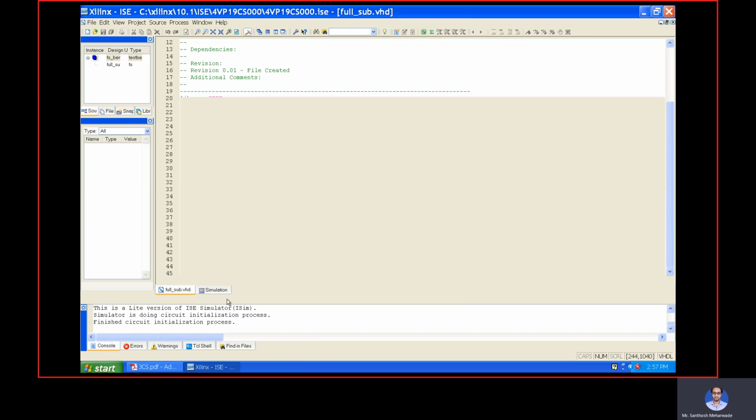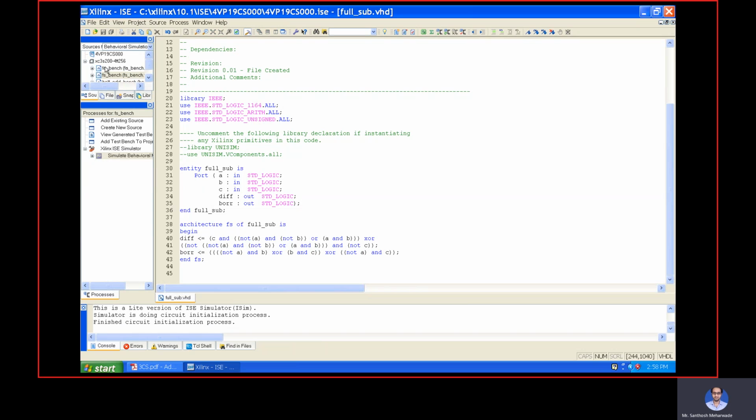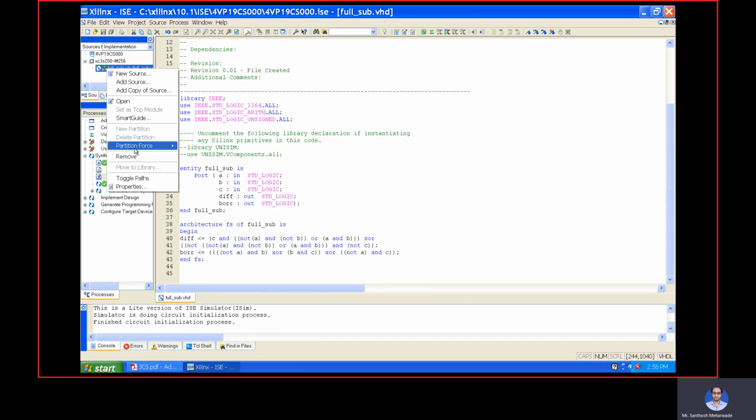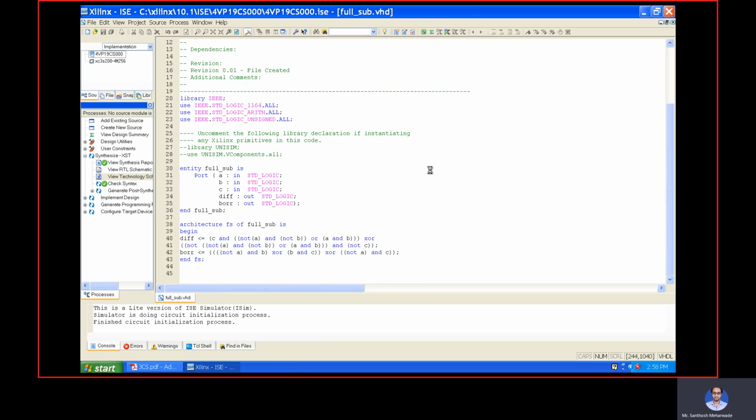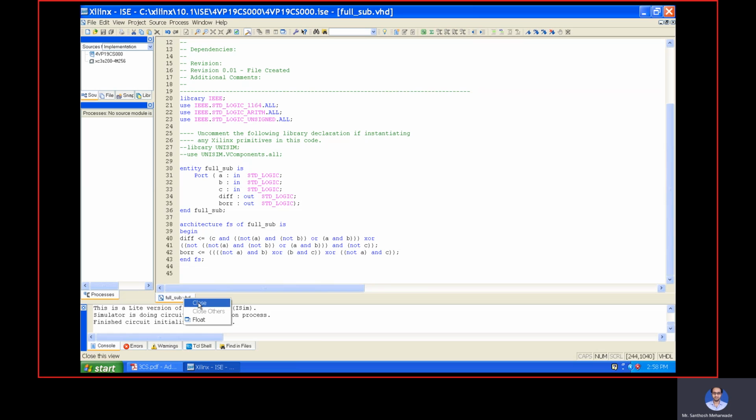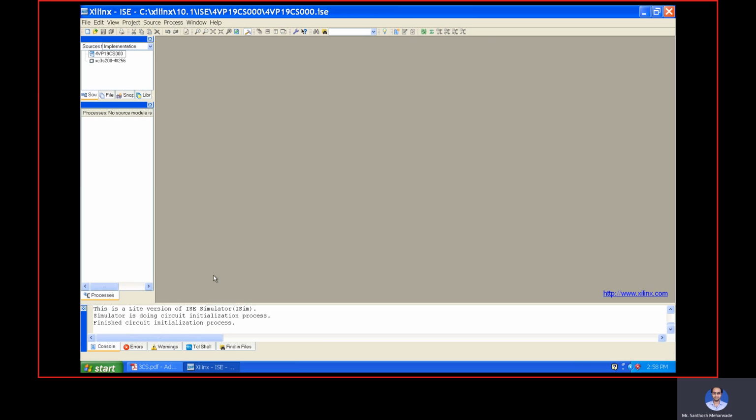Close it. The next one, go to the implementation part, then remove this file. Close this file also. Now you are remaining with the project name and the device file.